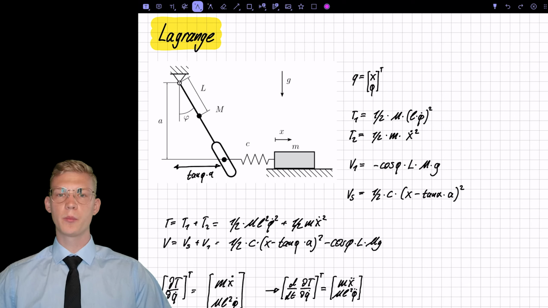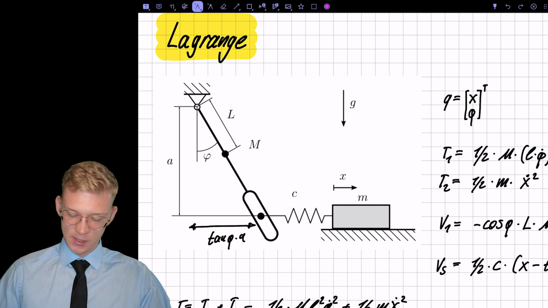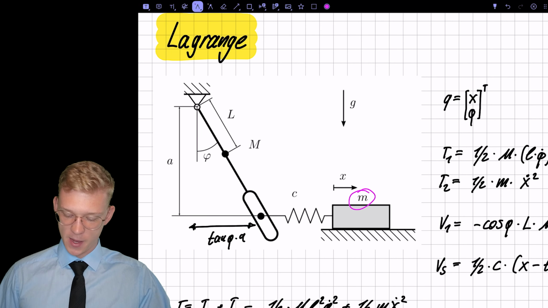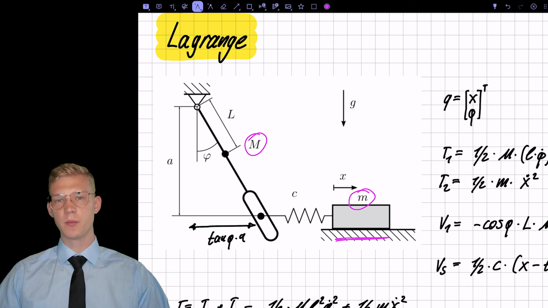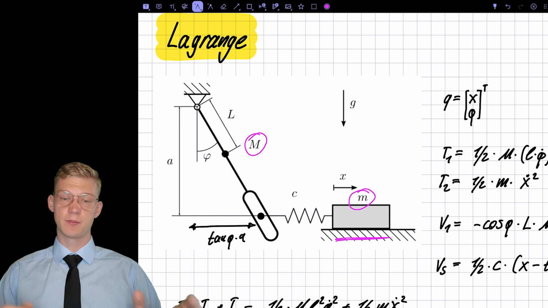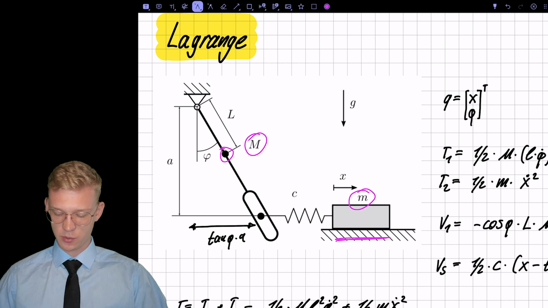In this video, we will be again covering a short exercise regarding the Lagrange equations. Let's jump right in. We have a system, and that system consists of two masses. We have mass 1 that is gliding along the floor, and we have mass 2. In this case, this is the mass of the pendulum. So in all the other exercises, we thought that the pendulum is massless, but in this case, we actually have a mass on our pendulum.